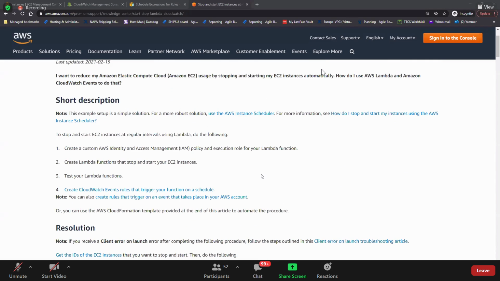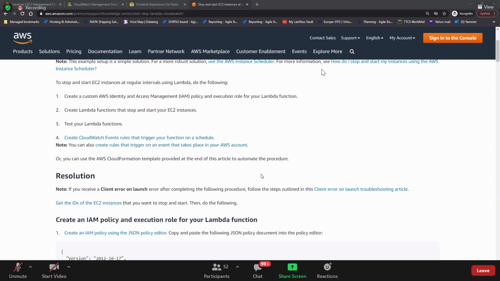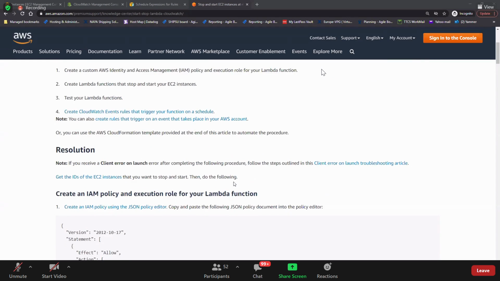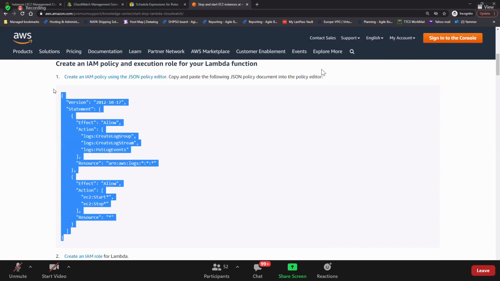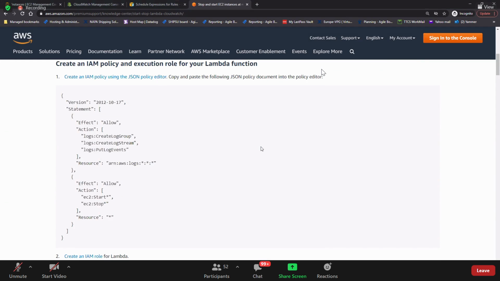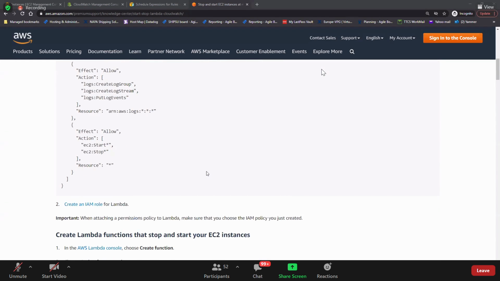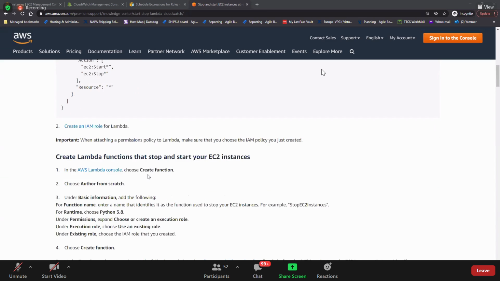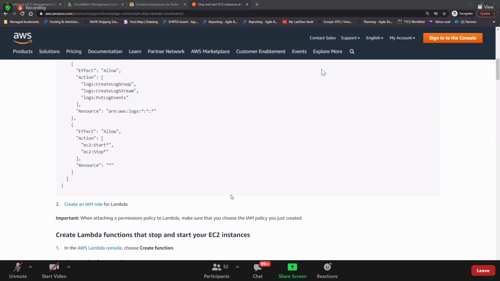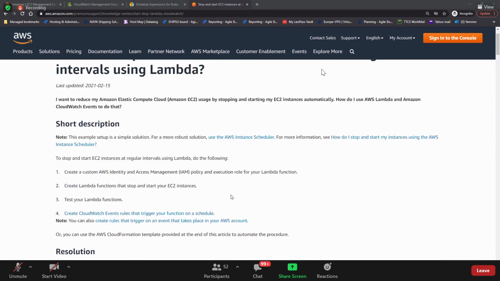So you create a role, select Lambda, and then select the policy which you have created here. And then create a role for your Lambda. Okay, once you created a role, do you understand what I'm saying? Are you following? Is there any confusion?